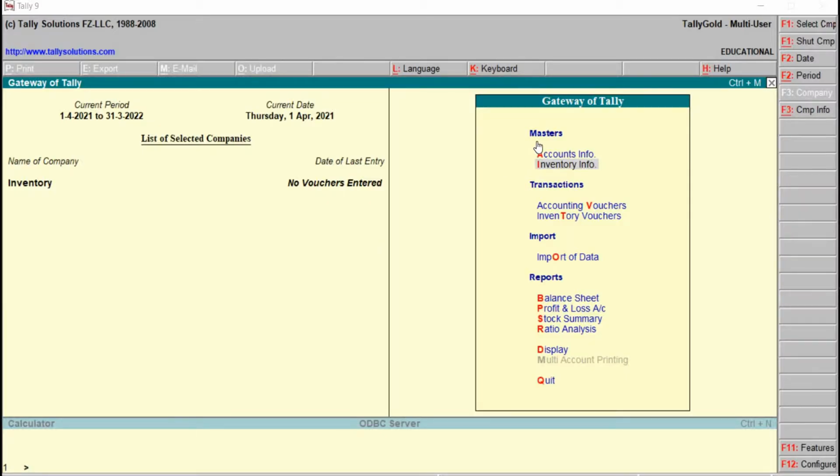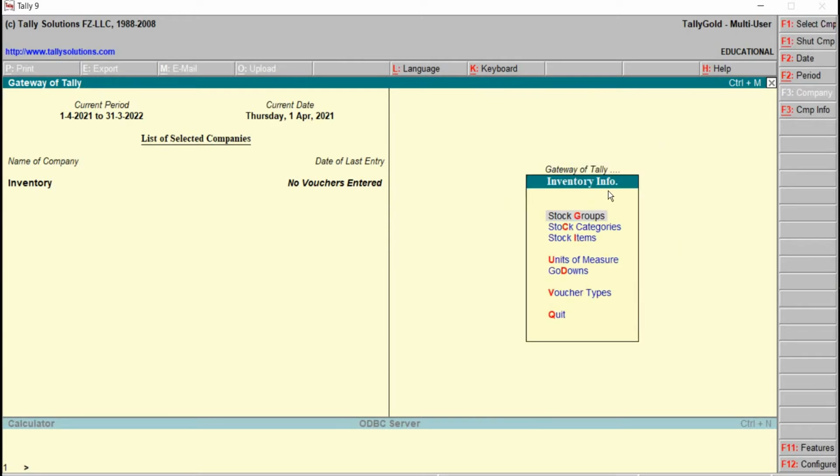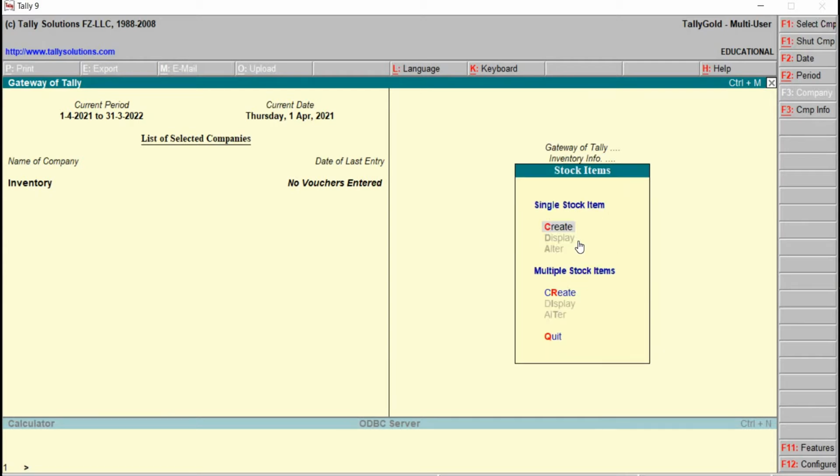We are back to Gateway of Tally, Masters, Inventory Info menu, Stock Items, right? Just click on this one. Stock Items menu, and here we have single mode and multiple stock items.